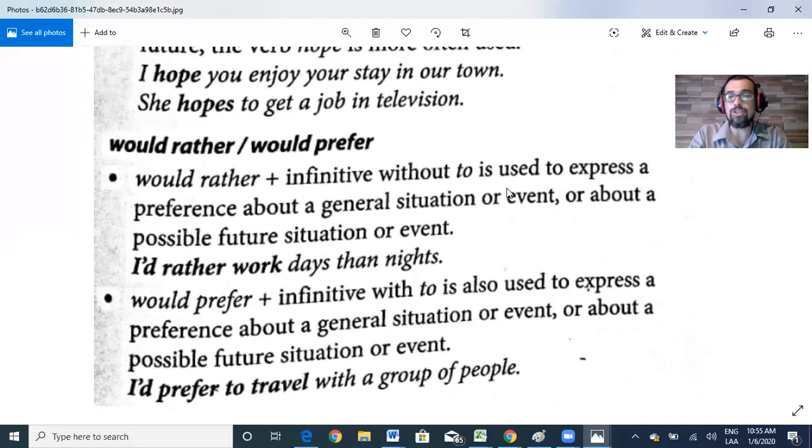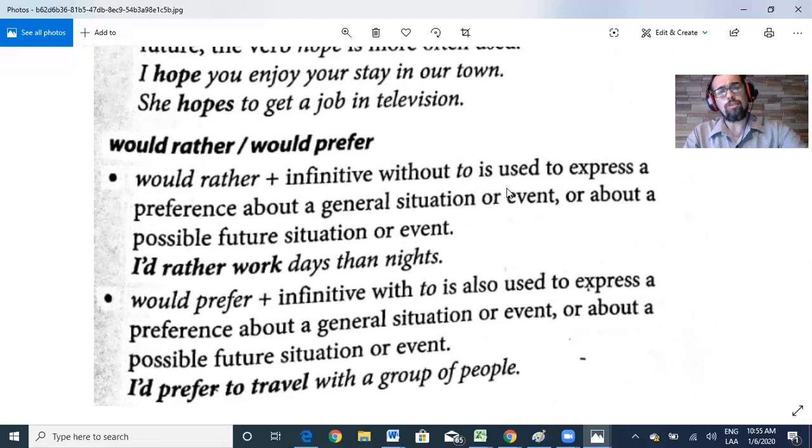Please, I don't want you to get confused with the conditionals that we saw last week. If you go very fast and maybe you're watching this video the next day, you may get confused with conditionals, wishes and regrets. I mean, this is all confusing. Please go step by step, because this is going to help you more to study these grammar parts.